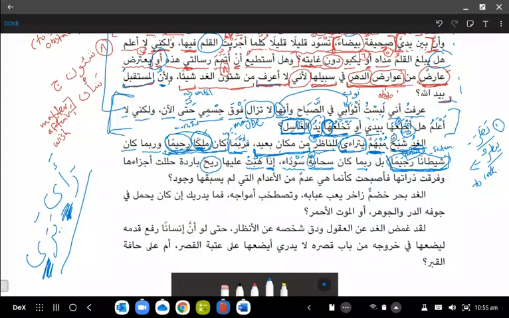Okay. بل ربما كان سحابة سوداء إذا هبت عليها ريح. So he's saying there's a dark black cloud, if the wind blows over it, over this black cloud. Okay, if the wind blows over it, عليها, not just a wind, but a cold wind, ريح باردة. Why am I putting these in the nominative state? Why am I saying ريح باردة? What would be the reason?